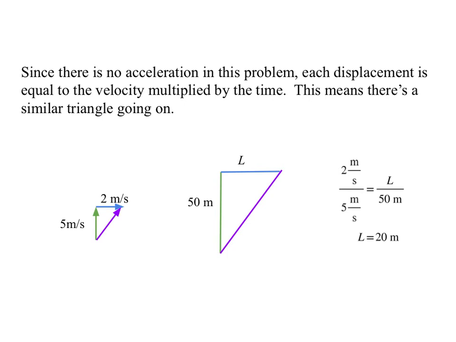And so we see that our 5 meters per second here and 2 meters per second here give us a triangle that's 50 and something, and the something would have to be 20. So this boat ends up 20 meters downstream because of the ratio of its crossing velocity to its downstream velocity. Don't get overly attached to this similarity relation, because it's partly a result of the fact that they're at right angles.